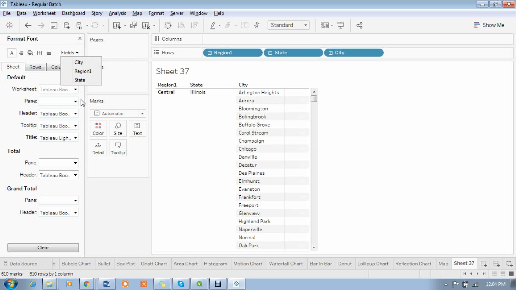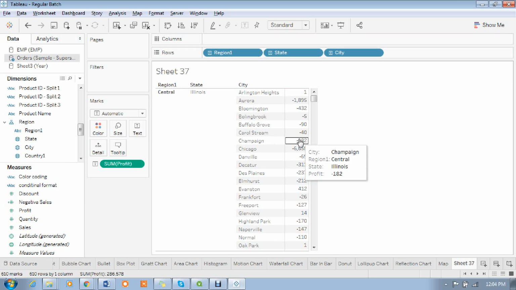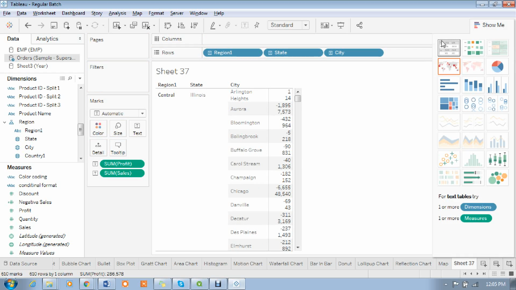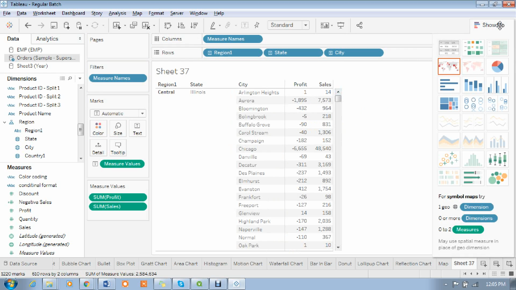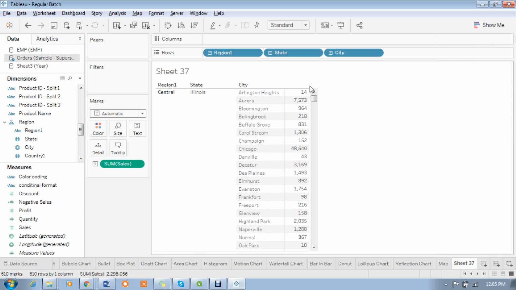It will automatically show. Automatically ABC will remain the same, madam. We don't have any option, just we have to do some workaround. Workaround means just doing some other color or something we can add. Suppose if I add any one measure, then the ABC will go. And you can add n number of things, madam. See, if I add this one, there are two measures, right, madam? Simply go and select this one, this way, profit and sales. But I want only one measure, madam. Let's say I just took only one measure, but the name is not there. But I don't know what this one is, madam, right?